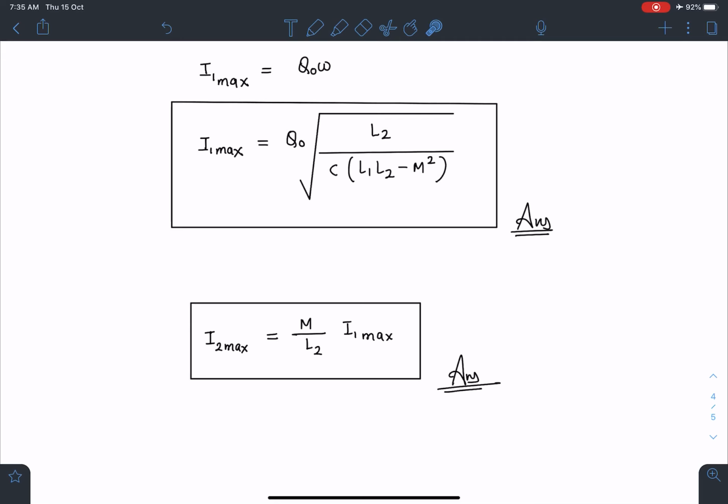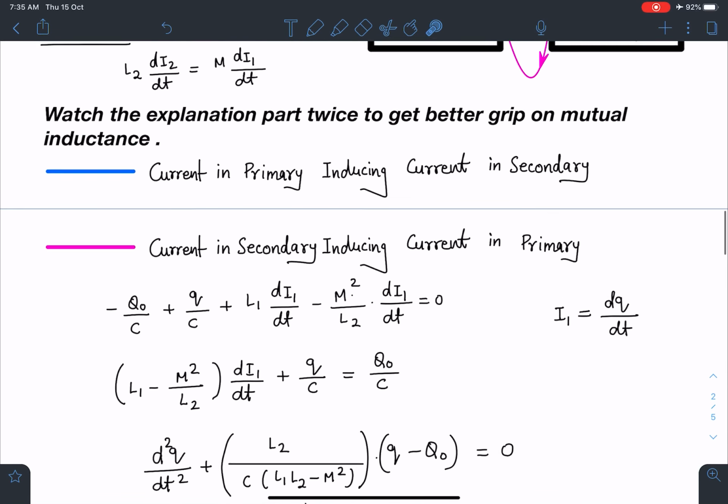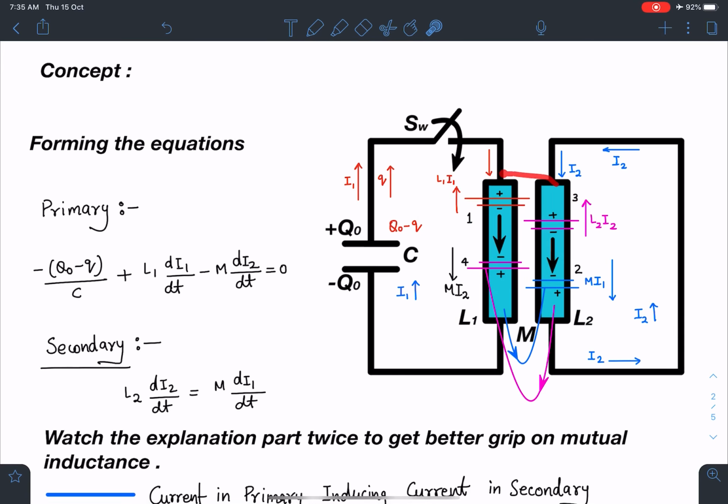It's pretty conceptual, and trust me, majority of the students make mistakes in this part, especially in the sign of these four batteries which we are placing here due to changing currents. So please revise it, and I'm sure you'll be very happy with this learning.